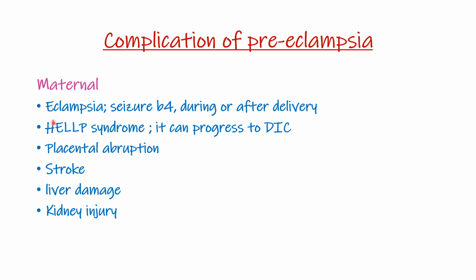So one of the complications is eclampsia, and this is the presence of generalized tonic-clonic seizures not attributable to any other cause occurring during or up to 48 hours after pregnancy. And then you can have HELLP syndrome, which can progress to DIC, placental abruption, stroke, liver damage, kidney injury,